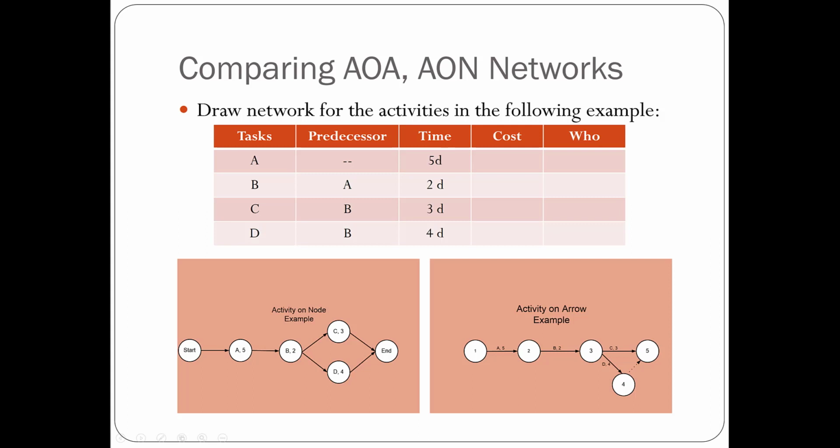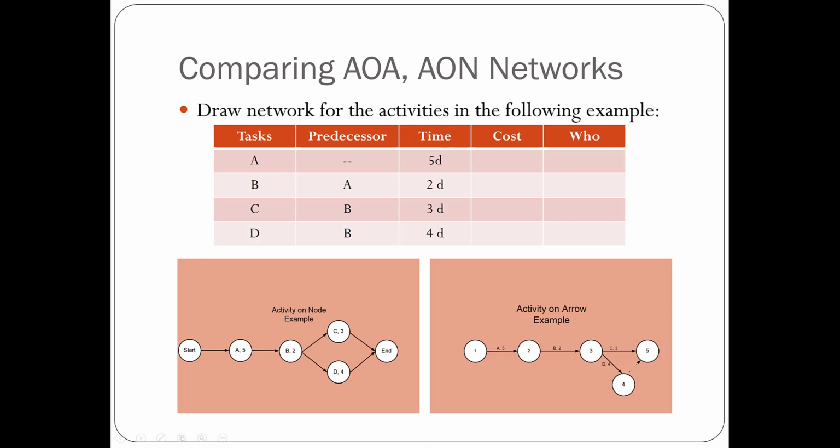So these two can start at the same time and go in parallel. C takes 3 days and D takes 4 days. Once both are done, then the project is done because C and D are the last 2 tasks to complete for this project. And if we look at activity on arrow, you'll see that A and B will be very